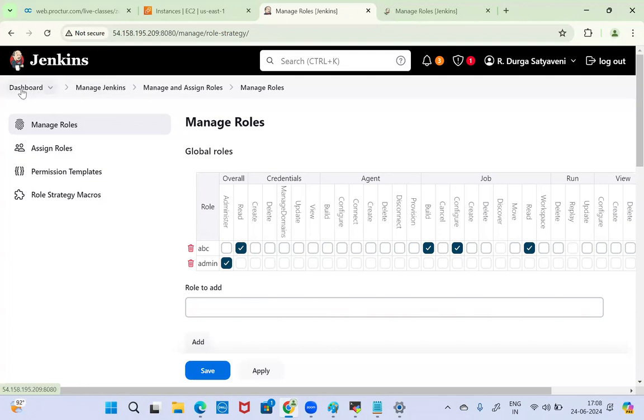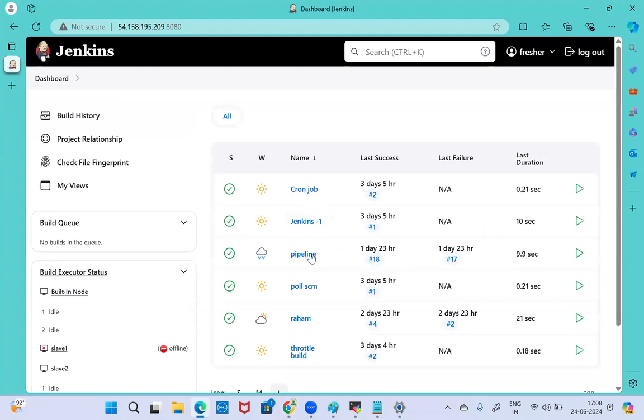So in that case, for example, if you go back to your dashboard, in this dashboard, make sure which access you are going to give. That means which pipeline access. For example, I want to give the pipeline one access. Are you able to see all of the jobs here? I want to give only the pipeline for the fresher. So in that case, what exactly I'm going to do now is